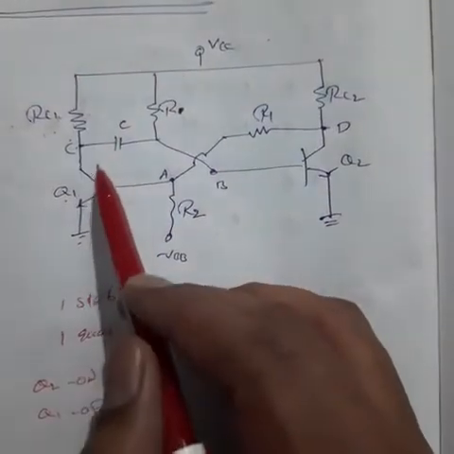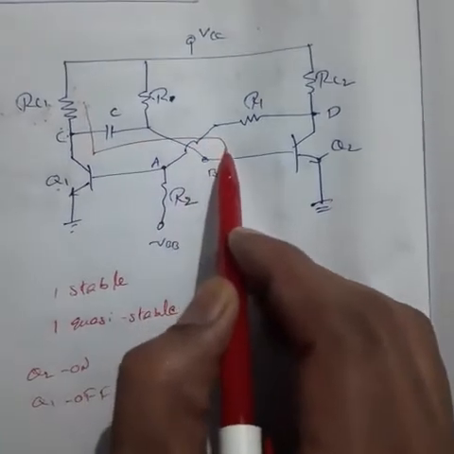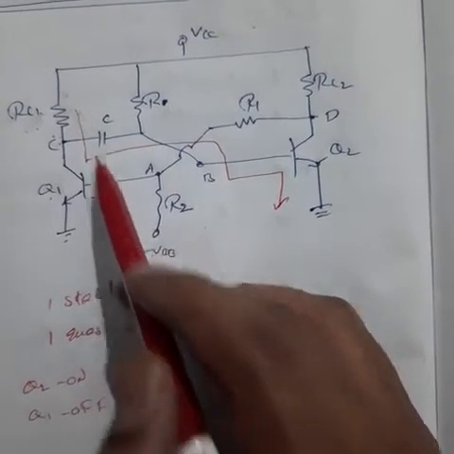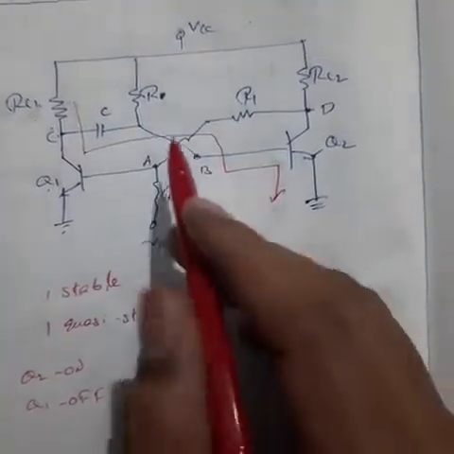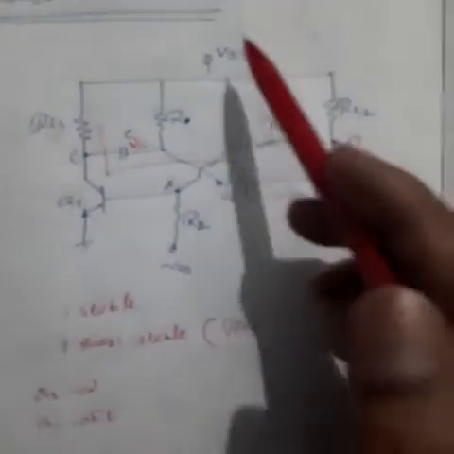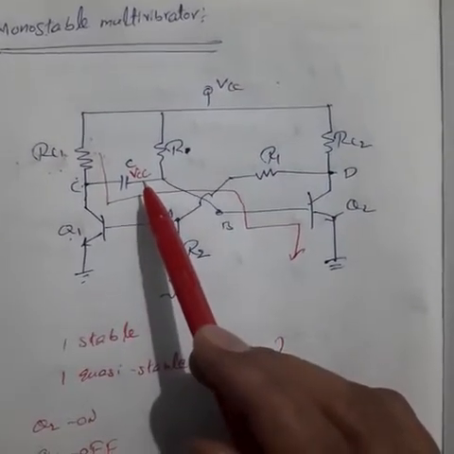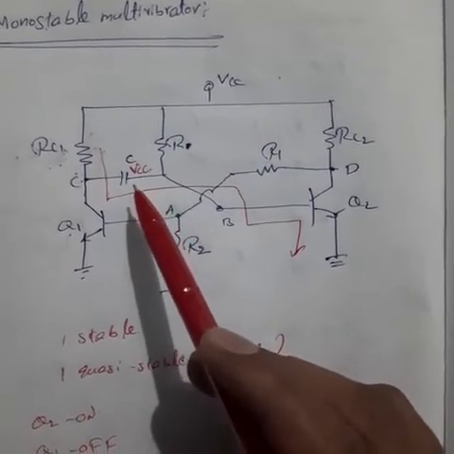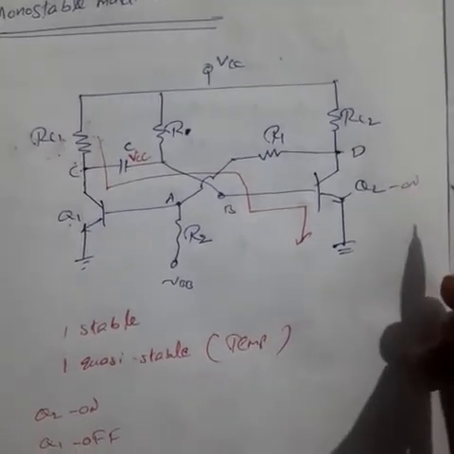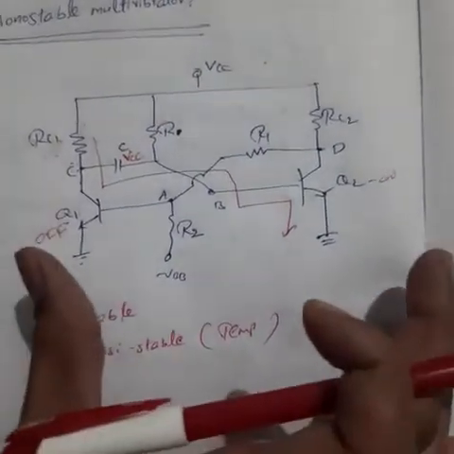Then the capacitor starts charging like this. This is the charging path of the capacitor. Okay, the capacitor starts charging and it holds the maximum voltage VCC, because the applied DC voltage is VCC. So it starts charging up to a maximum of VCC volts. Okay, suppose this is the stable state, the permanent stable state. In the permanent stable state, Q2 is on and Q1 is off. This is the stable state.